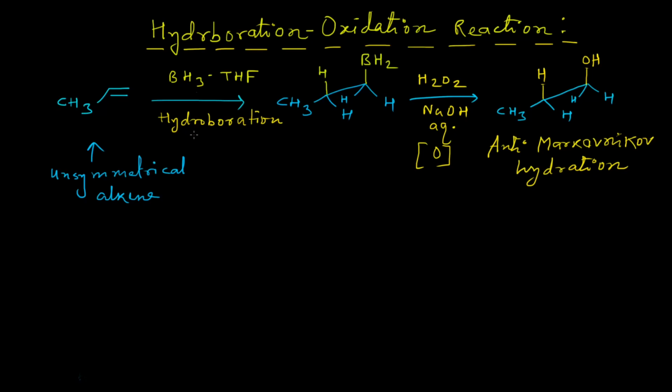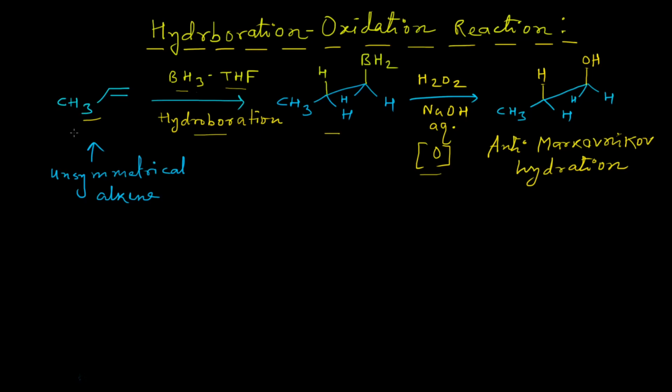The first step will obviously be the hydroboration step, and the second step is the oxidation step. In the first step, this alkene molecule reacts with boron. BH3 is the formula of boron. Boron is initially taken in a solvent which is nucleophilic in nature, in this case tetrahydrofuran. When the propene is taken into the solution of boron in tetrahydrofuran, it will undergo an electrophilic addition reaction, and the product of this reaction will be a monoalkyl boron.